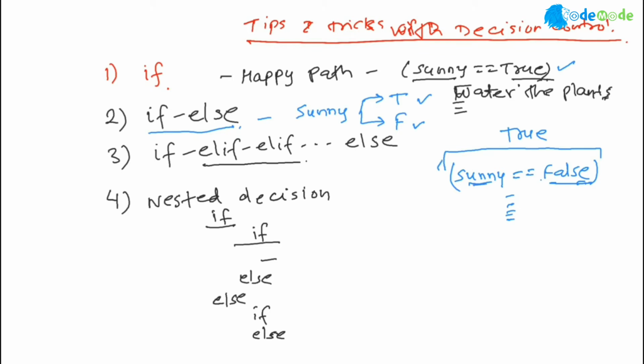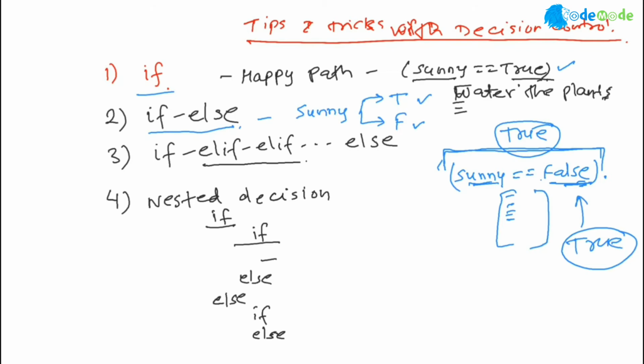The variable's value can be true or false, but the overall value, this whole expression, has to return true for you to do something in the happy path, in the if. That is the key. The variable value can be true or false, but the point is, are you checking for true or are you checking for false? And that whole expression, that today is not sunny or sunny equal to false, this statement is true, this expression has to be true for you to execute this block.